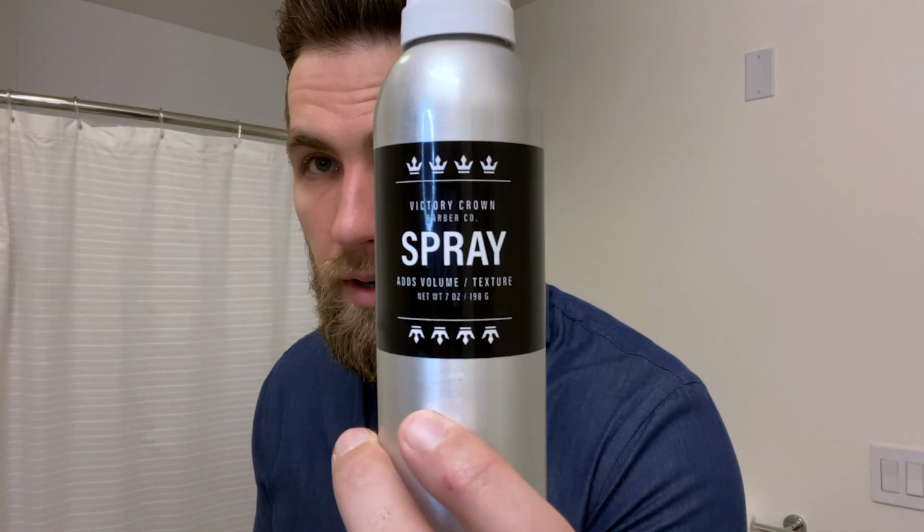And if I'm going to do a photo shoot or I need something with a little extra hold, I do use this texture spray from Victory Crown Barber Co. If you guys have seen the texture powders where people are sprinkling everything on their hair and then wiggling it around to get that look, it is really nice. It mats everything out, but the powder gets everywhere and it looks like you have dandruff if you get it on your shirt. So this spray knocks all that out and gives you the same results in a spray form. So let's unlock that and then just kind of